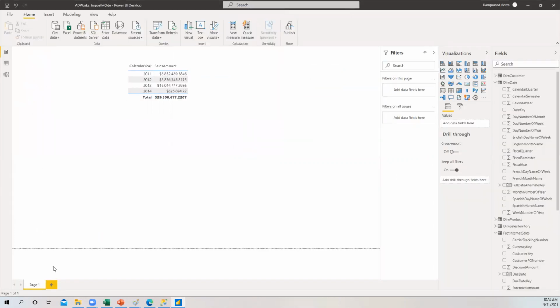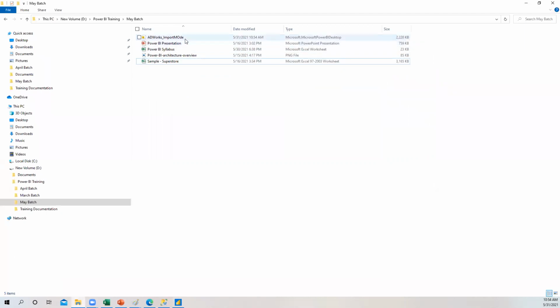See, guys, I have just now saved that file. One of you might have come across this question in your mind: I already have the file which is connected to Azure. Without deleting that file or creating a new file, from the existing file only, can I connect to the SQL Server directly? Did any of you get this question, guys?